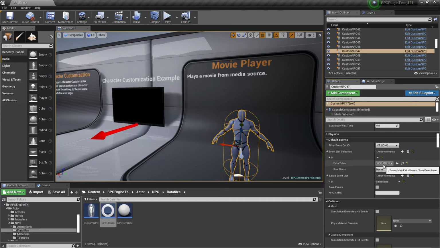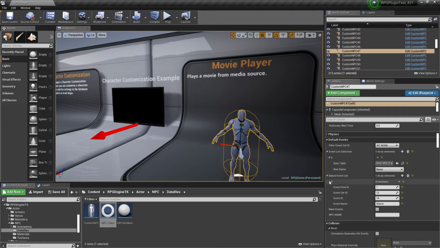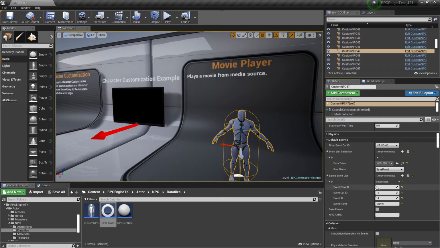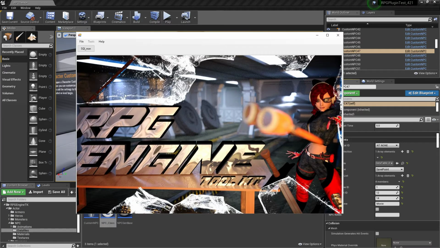because this data object cannot exist inside of a package build, and you can't dynamically create this object in a package build, we have to bake events that we set to the bake list. And once you set whatever event that you want this NPC to have, you just click bake, and it goes into the bake list. This bake list correlates to an event that's been set up with the actual RPG database manager. I'll go over that when I go over events, but for right now, that's the basis of